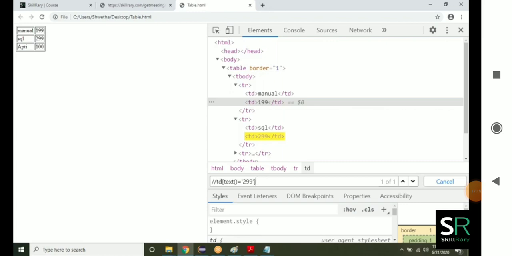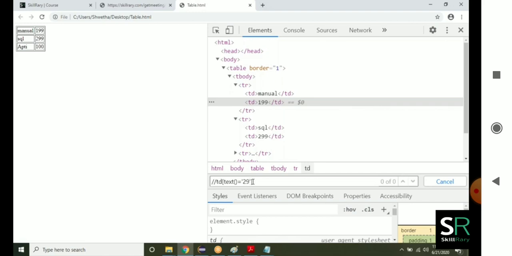Are you guys getting the problem we are facing now? What is the problem we are facing now? Prices keep on changing, so that's the reason I cannot use the text function. Shall I use the contains function? No. If it is partially changing, I can use contains along with the text. But here it is changing completely. 299: I cannot assume that I can just use contains with 29. Text contains 29 will work for 290, 291, till 299, about ten values. But what happens if it becomes 300? It is not going to work.